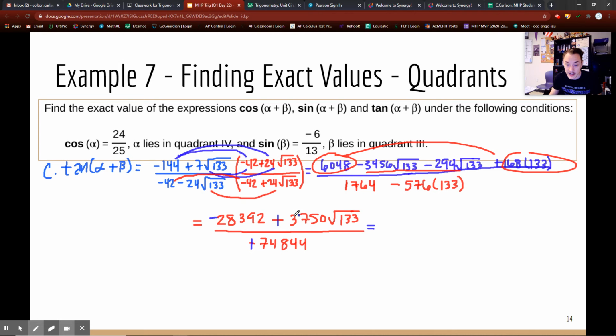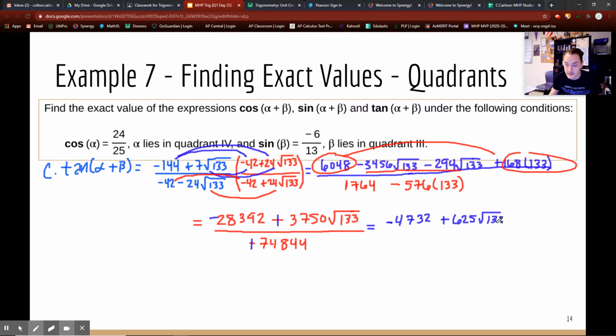So now when I simplify, each one is divisible by 2, maybe 4. I don't really remember what I divided it by. You have to guess and check. Definitely not 4, but probably 2. I'm almost guaranteeing you it's divisible by 2. Maybe 6. But I'm going to divide it into it. When I divide that number, what I get is negative 4,732. So that's definitely more than 2 here. It's probably like by 6 almost. I'm almost guaranteeing you it's by 6. And then plus 625